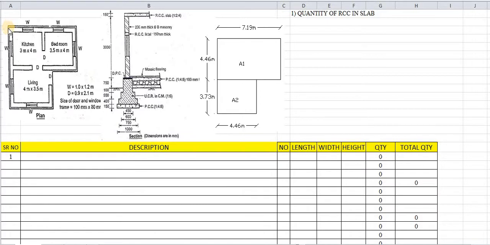So while laying the RCC slab, we will start from this point to this point. Again from this left end to this right end. Again we will lay it from this end to this end, this whole line. Again from this end to this end, and this end to this end. In this way, along the external walls we will lay down the RCC slabs. So how to find out the quantity?